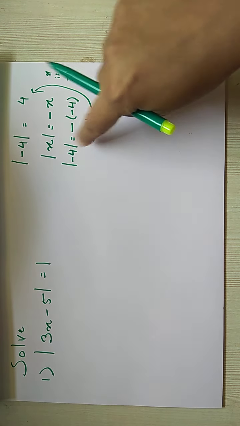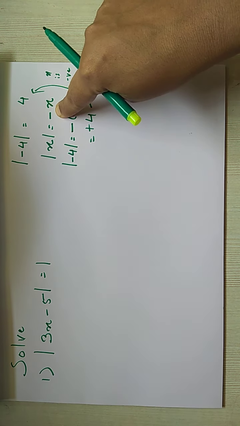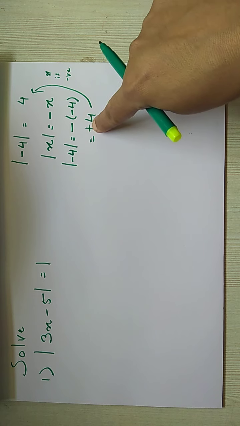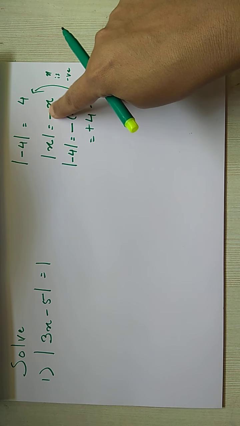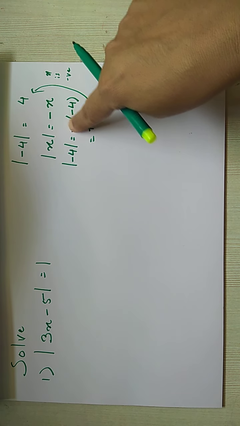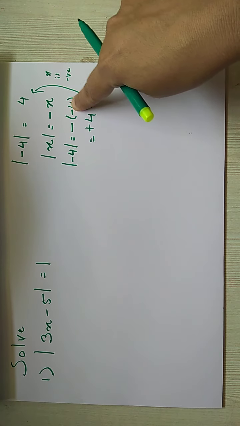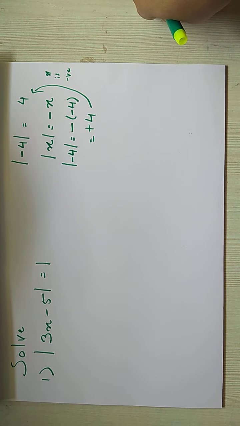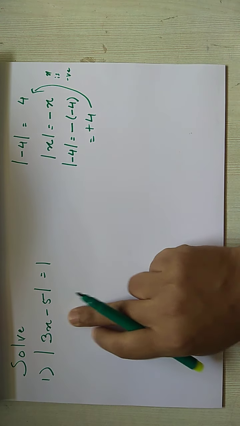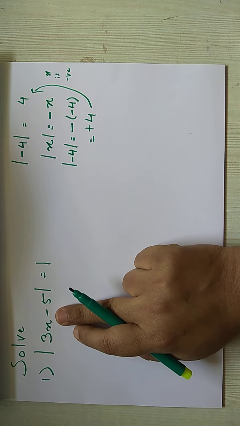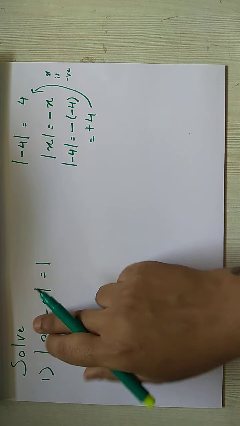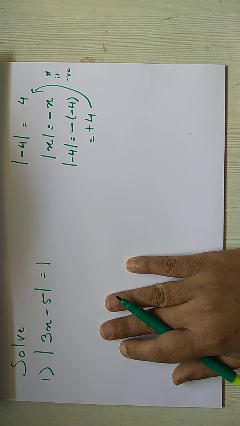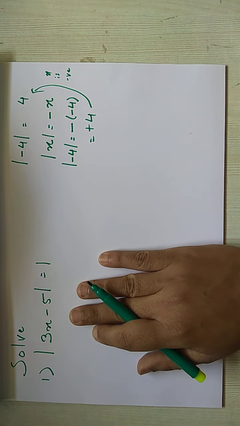So when it is a negative number, the definition makes the provision to make the number positive. It gives a minus sign that you put in front of the negative number, so that minus and minus should turn out to be positive. Now we don't know what value x can take, whether this expression will be plus or minus. So we have to take care of both situations.